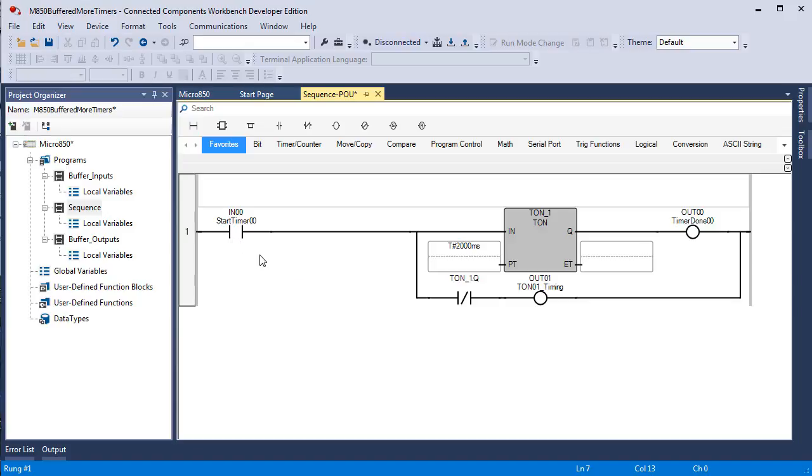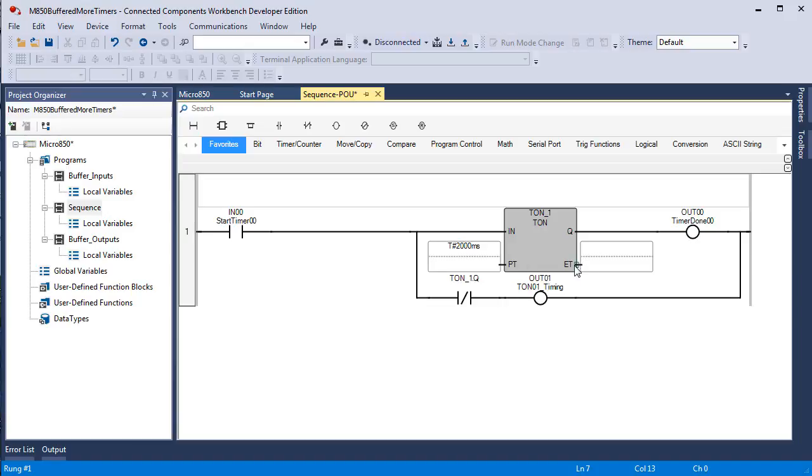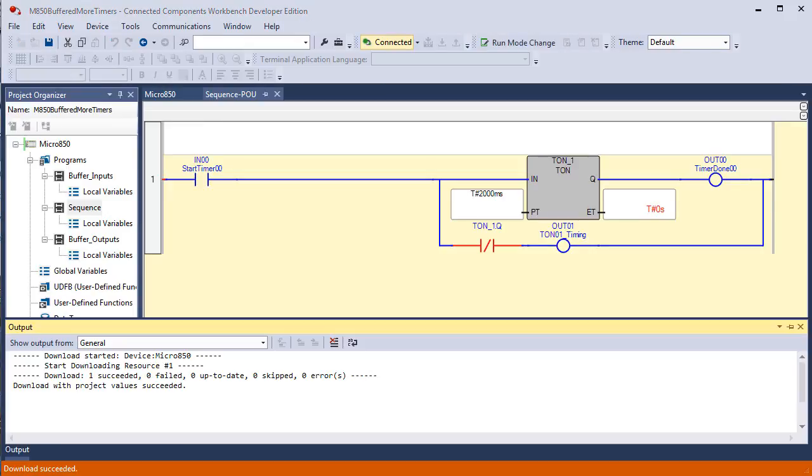The logic reads then, if input 00, then enable this timer, and it starts accumulating. And if not TON_1.Q, then TON01_timing. Save this, download, and go online. Here's our project as was shown in the manual. There's actually one more thing that we could have added, and I think I'm going to, well, quick demonstrate this,